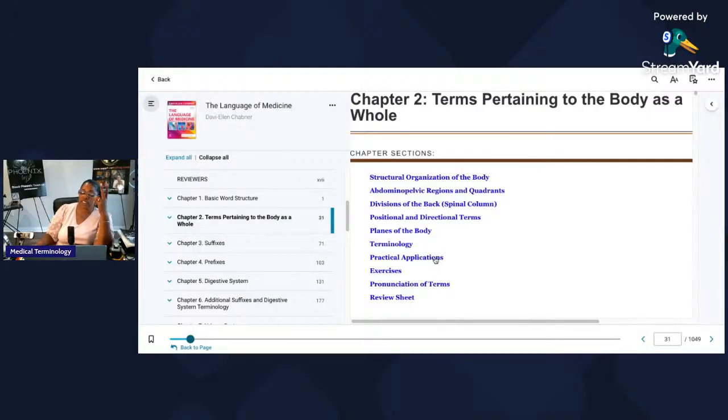Okay, so these are the only two chapters that you should be doing this week. And this is because this class is going to be much longer than the class we did for medical insurance billing. If you miss medical insurance, just backtrack and archive those classes.